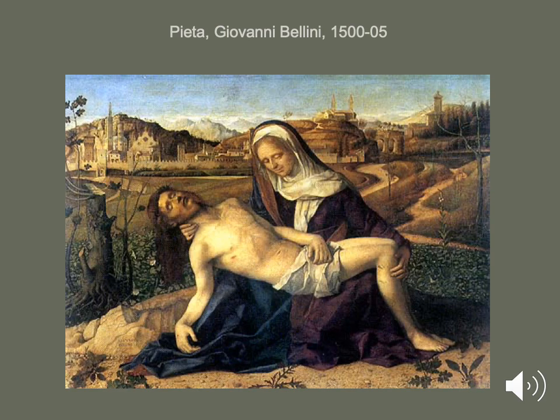Now, sometimes when we look at art, it immediately grabs our attention, and we immediately think, oh, look at that beautiful painting. And then you get a little bit deeper into it and you start to look at the subject matter. And sometimes the subject matter can give you a sense of sadness or some other emotion, rather than just being about the visual pleasure that beauty can give. And this is a good example of that. This is Pieta by Bellini from 1500, so another Renaissance piece. So we're looking at a Christian artwork here in which we're seeing Mary, the mother of Christ, with her son on her lap after he has been crucified and is deceased.